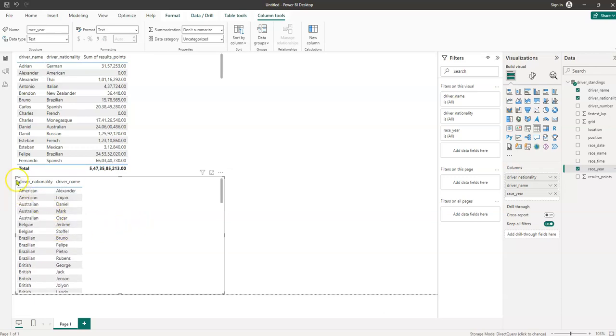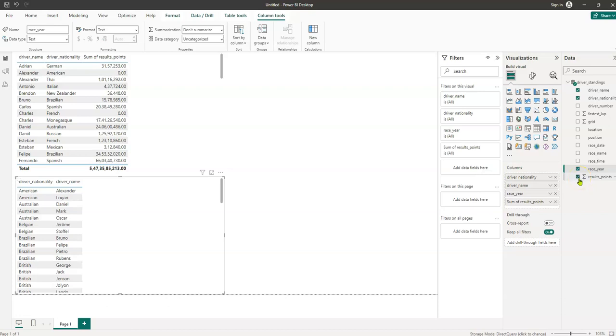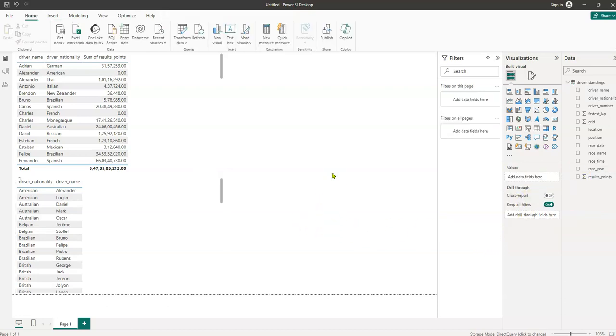They are already in process, right? So this is the race year. That is what I need. And again, the final thing is the results point. So these are the two more columns I'm going to use. And then gradually, if you want to show the,